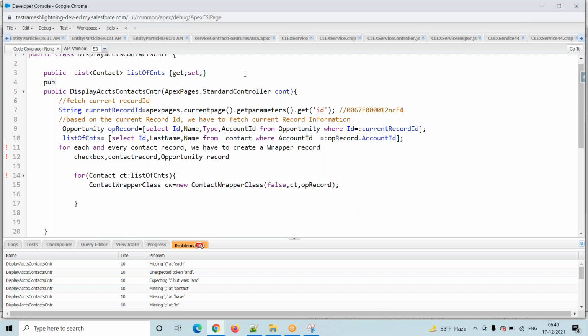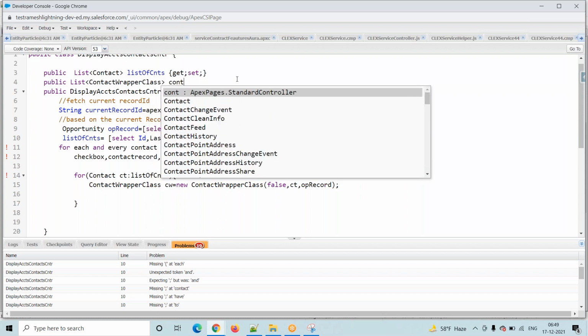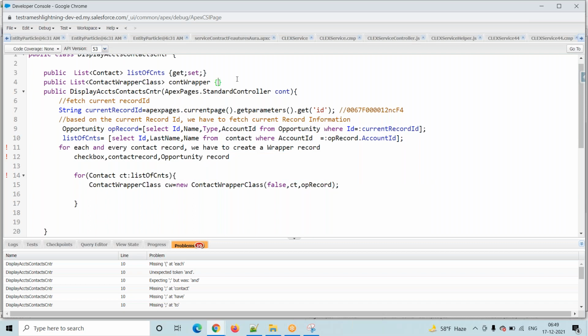I will write it once completed. If you have any questions, let me know. List of contact wrapper class. See, contact wrapper, getters, setters.